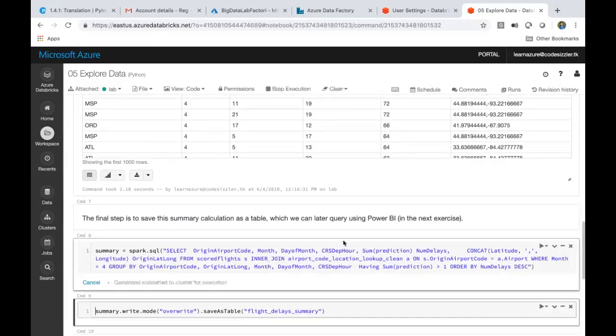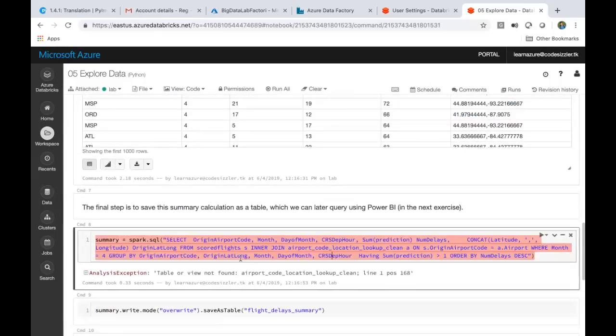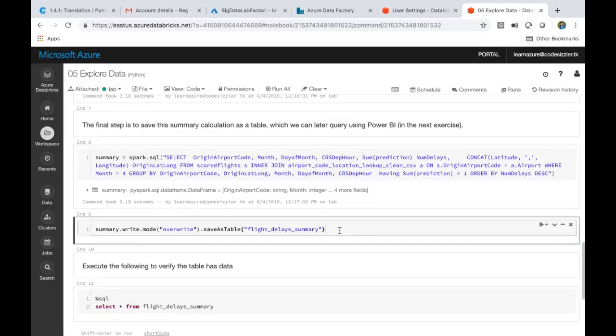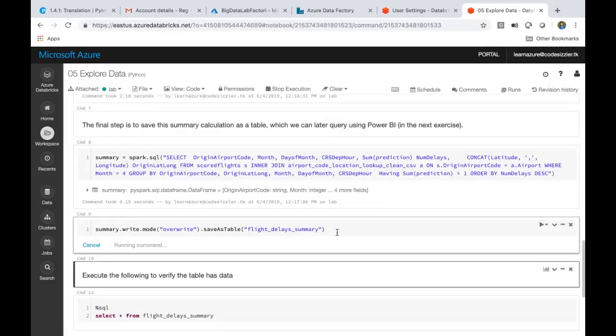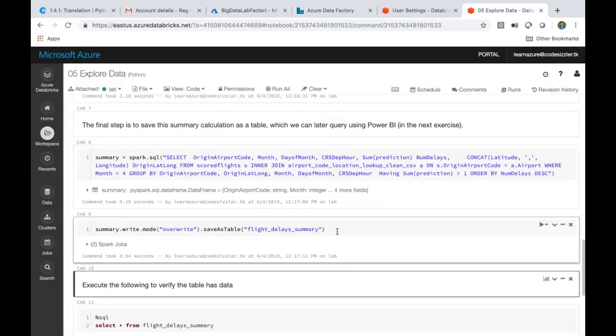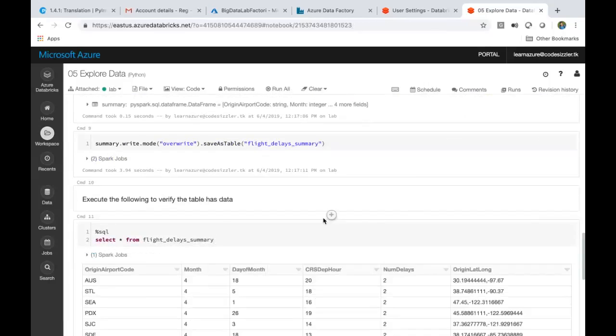Okay. So I'm creating. Oh, sorry. Somewhere here we don't have the table. From, not this. This one, yeah. Okay. And then I want to say override on this table called flight delay summary. This is the final table. I want to use it for my Power BI reporting. Just say execute and see this. Awesome. We're done with this.